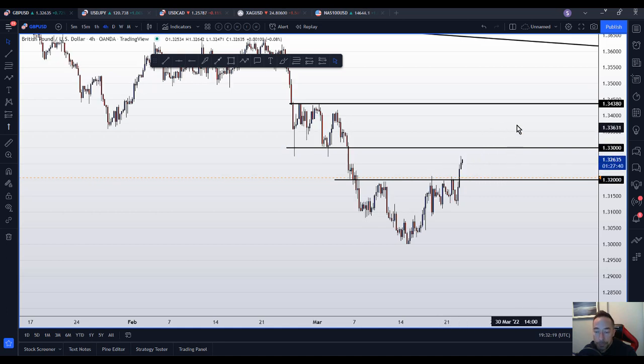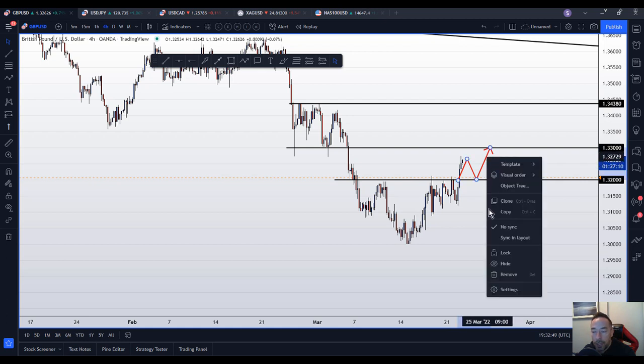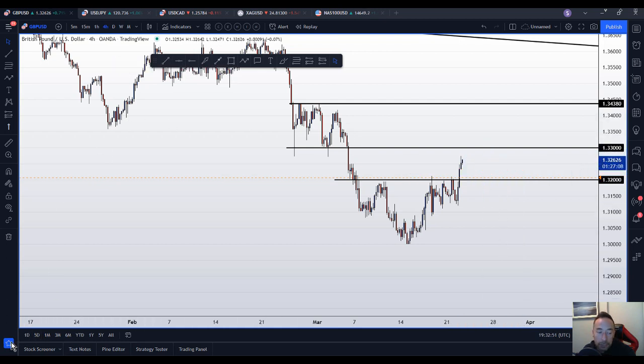We didn't get in that trade. But if we do get into 1.33, then we might actually see some selling come in, and then we might see price come back and retest 1.32. So we've got a couple of situations that could play out. We might even have a situation that I haven't talked about, but that's the ideal situation. We retest 1.32, we then see buyers come in, and we then look for a buy setup into 1.33.